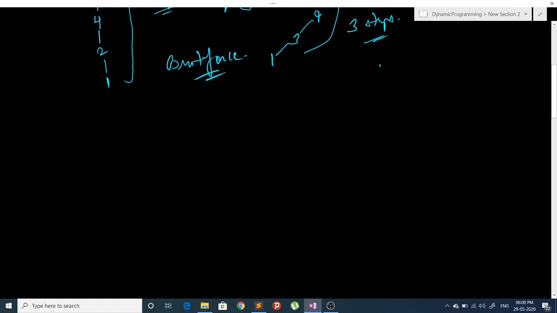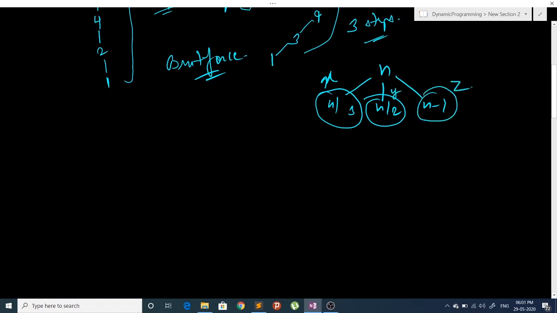At first we have n, and let's say it is properly divisible by 3 and 2 both. So we can reach n by 3, we can reach n by 2, and we can reach n minus 1. Let's say the answer for n by 3 is x steps, the answer for n by 2 is y steps, and the answer for n minus 1 is z steps.